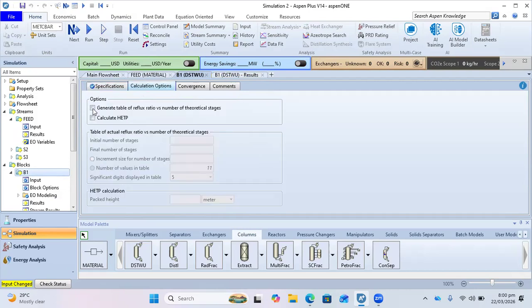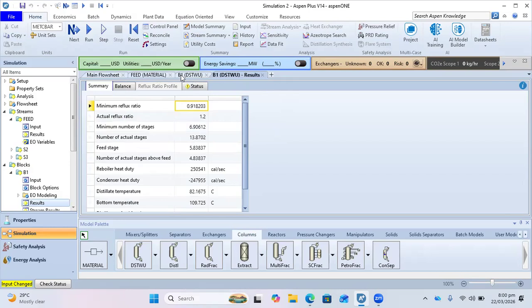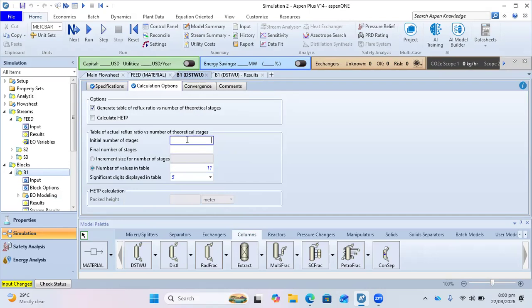Then we can check the first one. So we want to generate a table of reflux ratio against the number of theoretical stages. Then we can put in our initial number of stages. So the example that we used in the slides was 8, right? So we can put in from 8 to maybe any value. So let's put in, the minimum here was given as 6. So let's put in 8 here. And then let's end this, let's say somewhere around 20 for the final number of stages, right? And we want to work with 11 values. So that's fine. So if we run this,